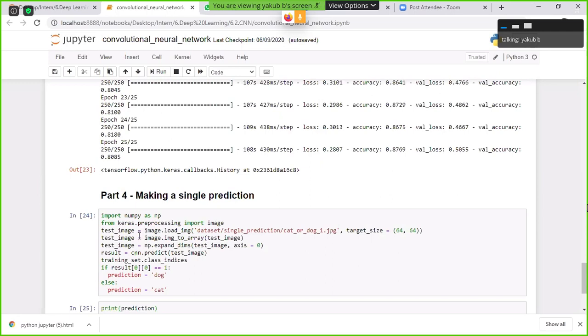Initially, I am pre-processing this image. After taking that image, I am converting the image size into a standard size, that is 64 x 64. After that, I want to capture the pixel values from the image, so I convert all those pixels into an array. After converting the pixels into arrays, we need to convert all these features into a single flattened layer. So here we specified the test image, with axis equals 0. After performing all these operations on the image, finally we need to predict the outcome.